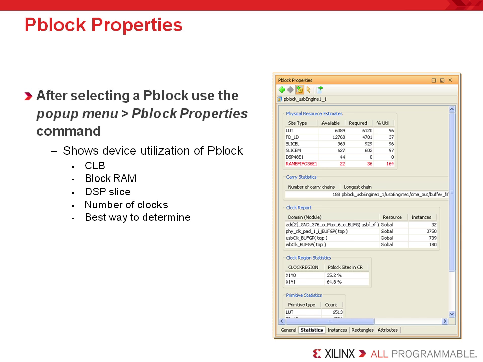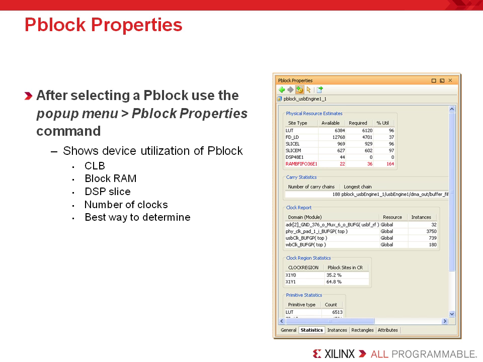The Statistics tab of the Pblock properties view displays content information about the Pblock. The Physical Resource Estimates displays a chart of each resource type in the device. Similarly, the Carry Statistics displays the number of vertical carry chain logic objects assigned to that Pblock. It also displays the tallest carry chain assigned to the Pblock and the percentage of its height in relation to